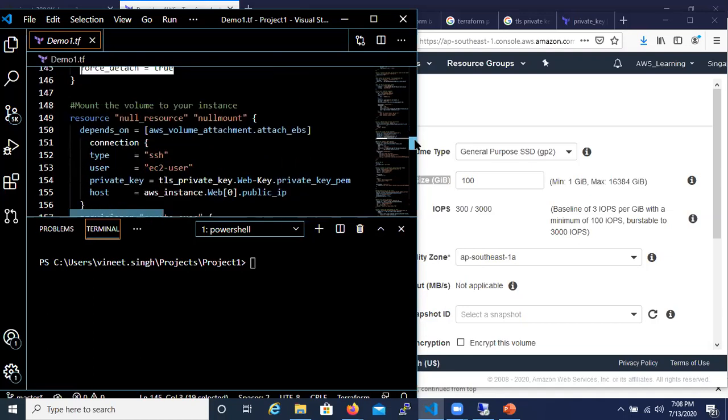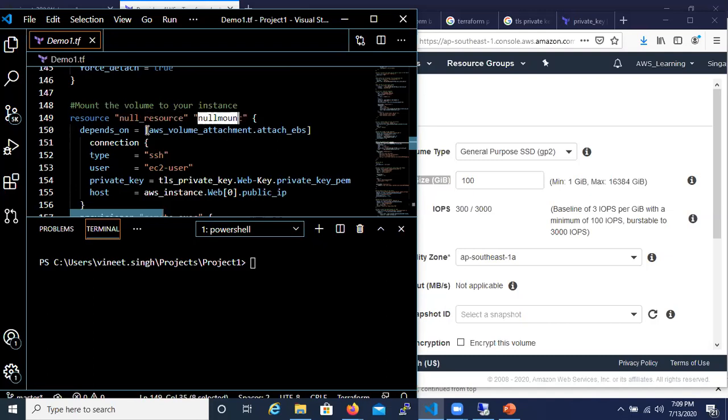Now, we can make use of a null resource block as well if I need to execute certain commands, and they cannot just be defined anywhere in my Terraform code. So I have to run certain commands in my null resource block. This is mainly for mounting.